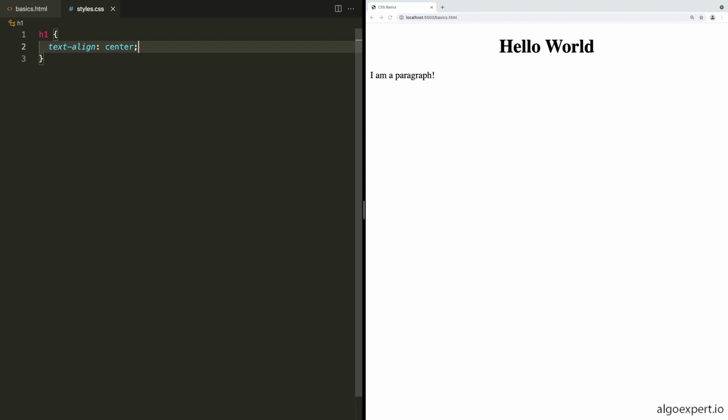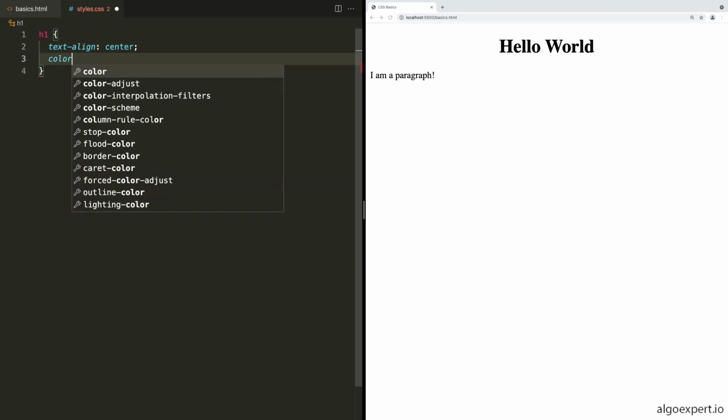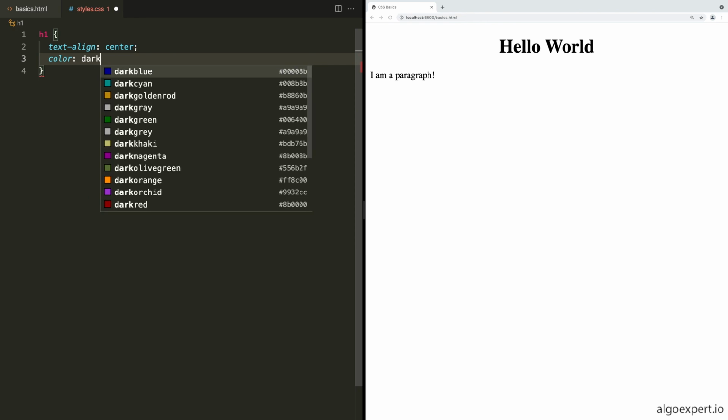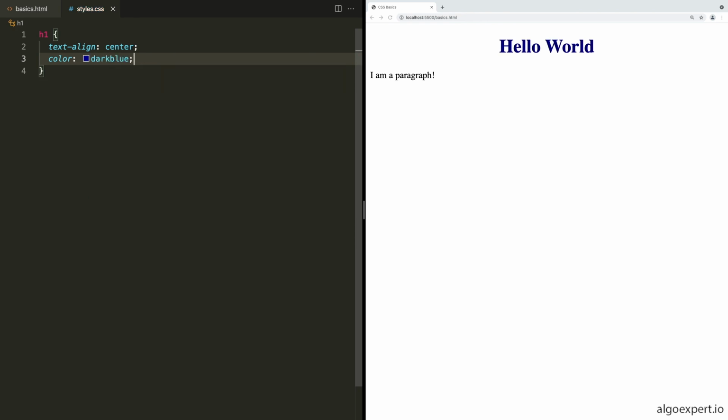But I also might want to change its color. The black text is a little bit boring, so maybe let's say color, which sets the font color. And let's make this a dark blue. Save that, and you can see now we have dark blue text. There are lots of different colors we can use here by name, as well as you can enter colors in a few different formats, and we'll see all of that in the video on units, but for now,